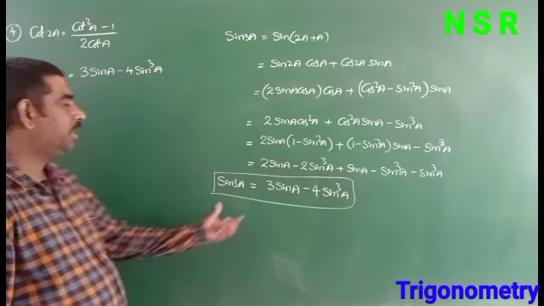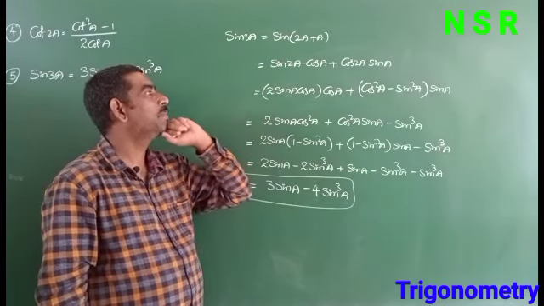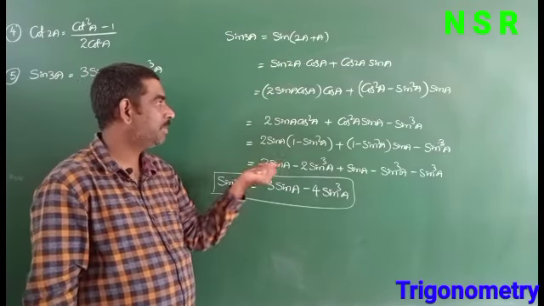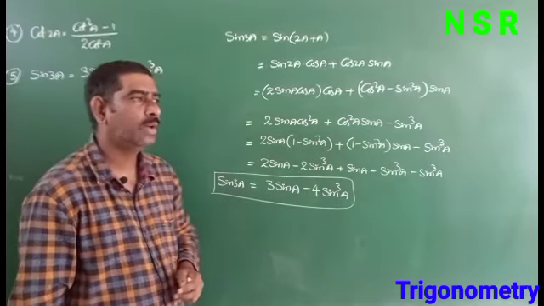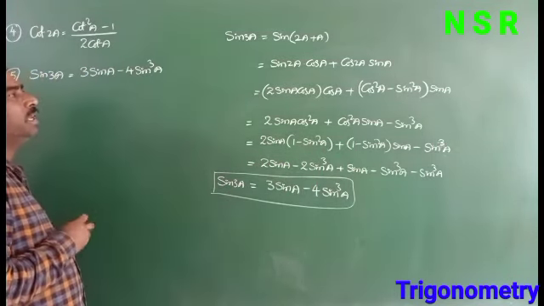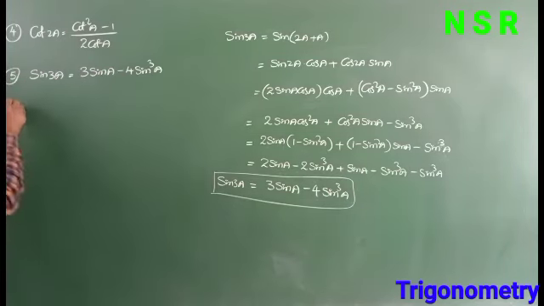3 sin a minus 4 sin cube a. How to get this? 3a we can write as 2a plus a, and apply the sin a plus b formula. Next, in place of cos square a write 1 minus sin square a. Why? Because the sin 3a formula is totally in terms of sin. So similarly,